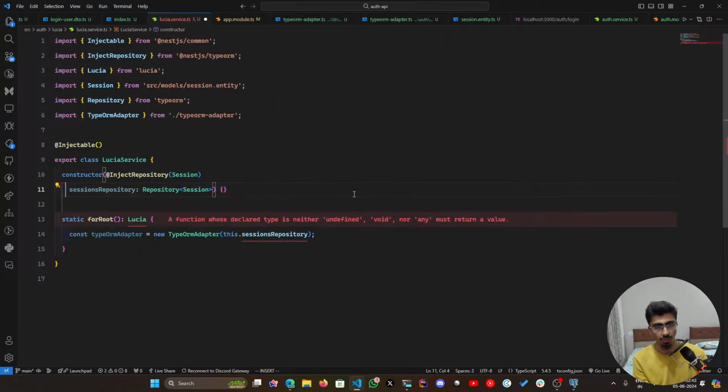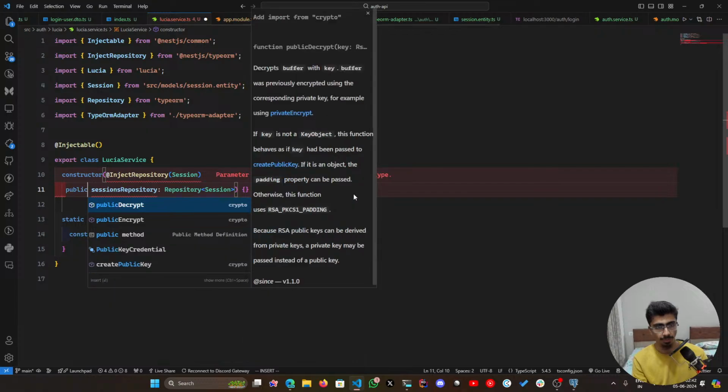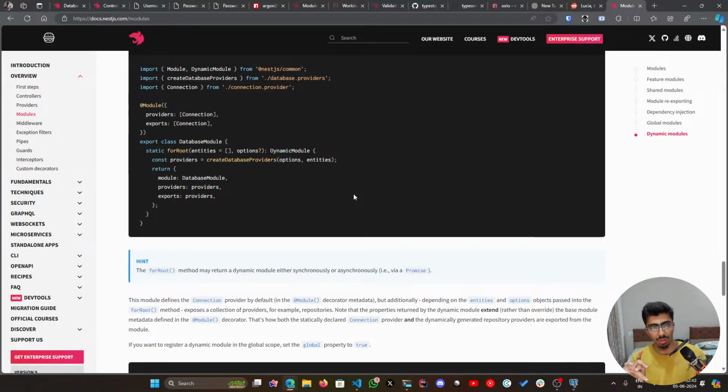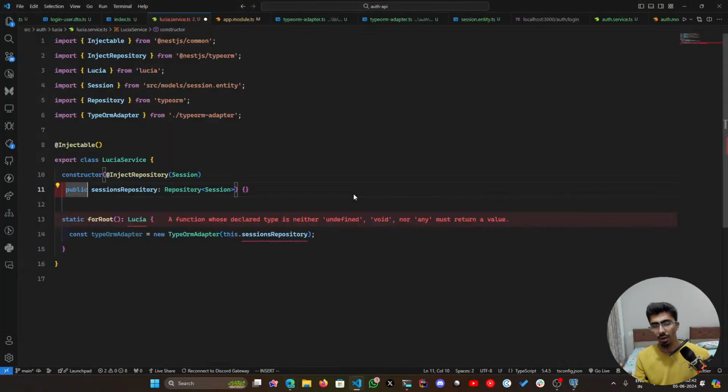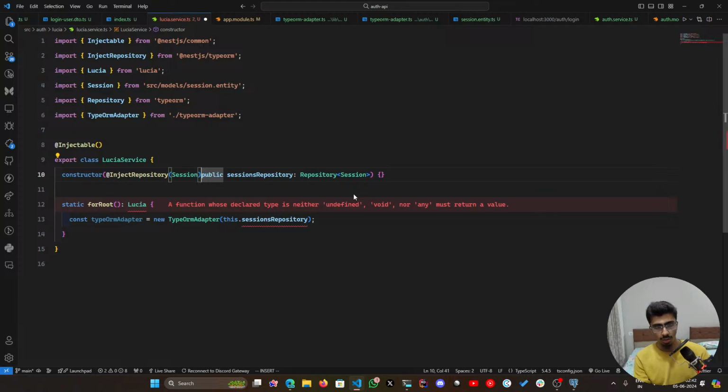Static. How do I use a service? Okay, wait. I think I'm complicating this too much. This Lucia service is going to have, it's not going to have the forRoot method. It's just going to have a Lucia variable, right? Which